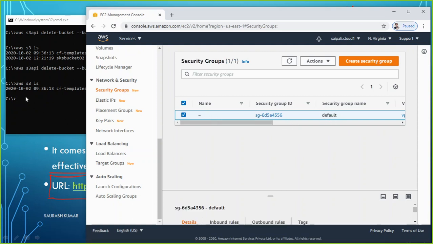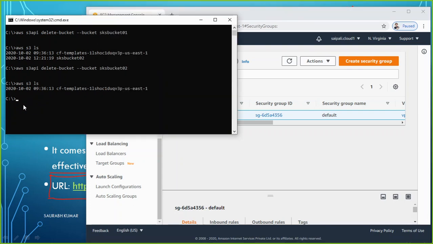Let us try to see, can we create a security group with the help of command line? Is it really possible or not? So let's try to perform this task. If you want to create a security group, simply what you have to mention in the command is aws, a space, and what service we are going to use. It is the EC2 service, it is not the S3 service. So it is ec2, a space. What do you want to do? create-security-group. This is the task I want to perform.